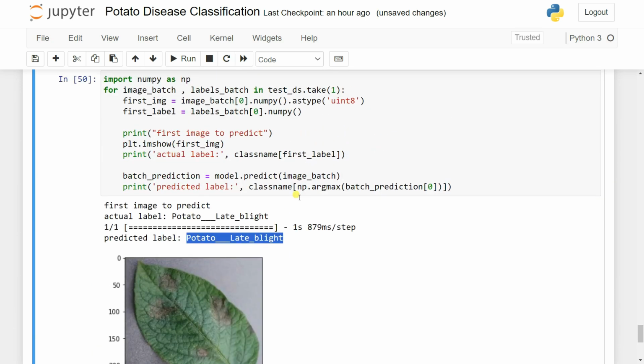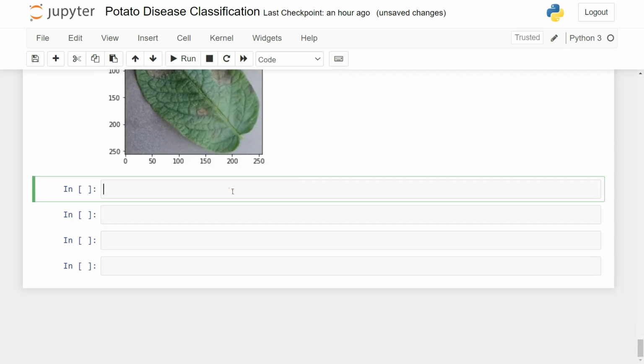Cool. So now let's try creating a function which can help us to do the predictions. You can also use these functions for creating web applications, but in this project I am not going to build the Flask application. It's your homework to build a Flask application